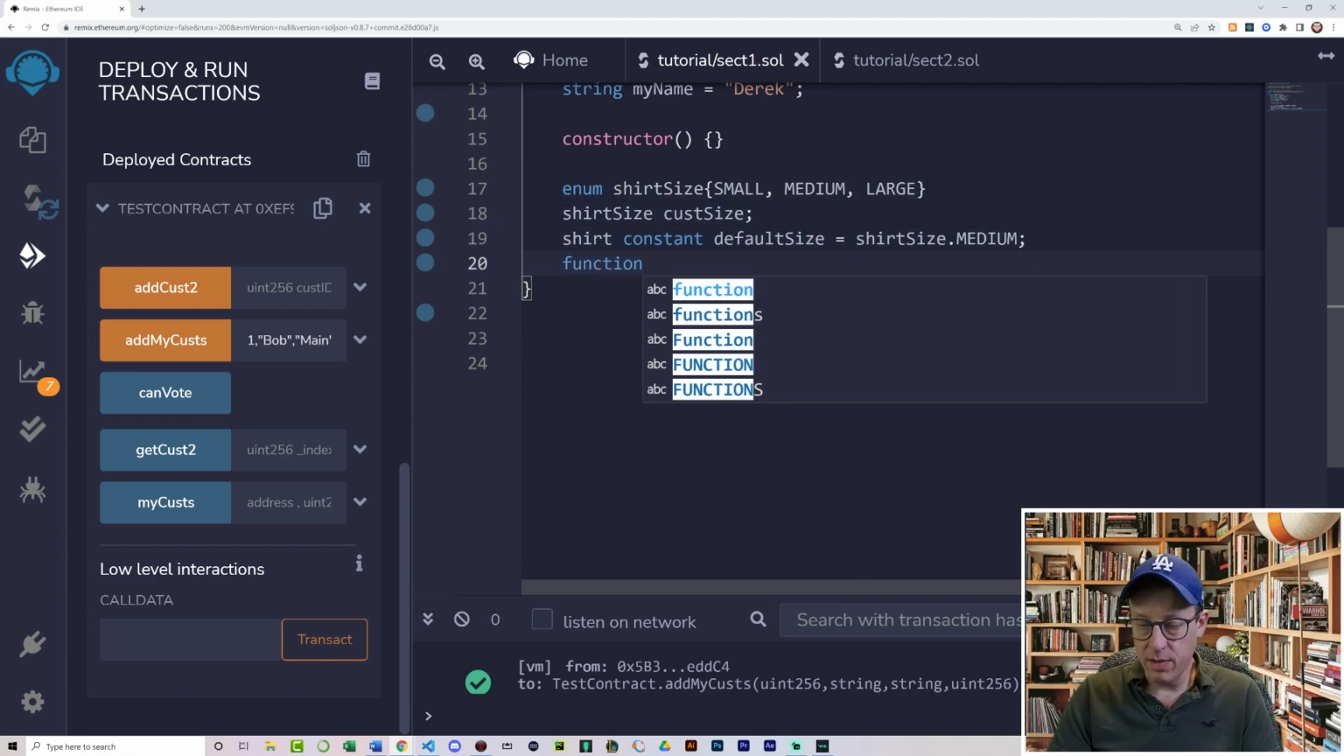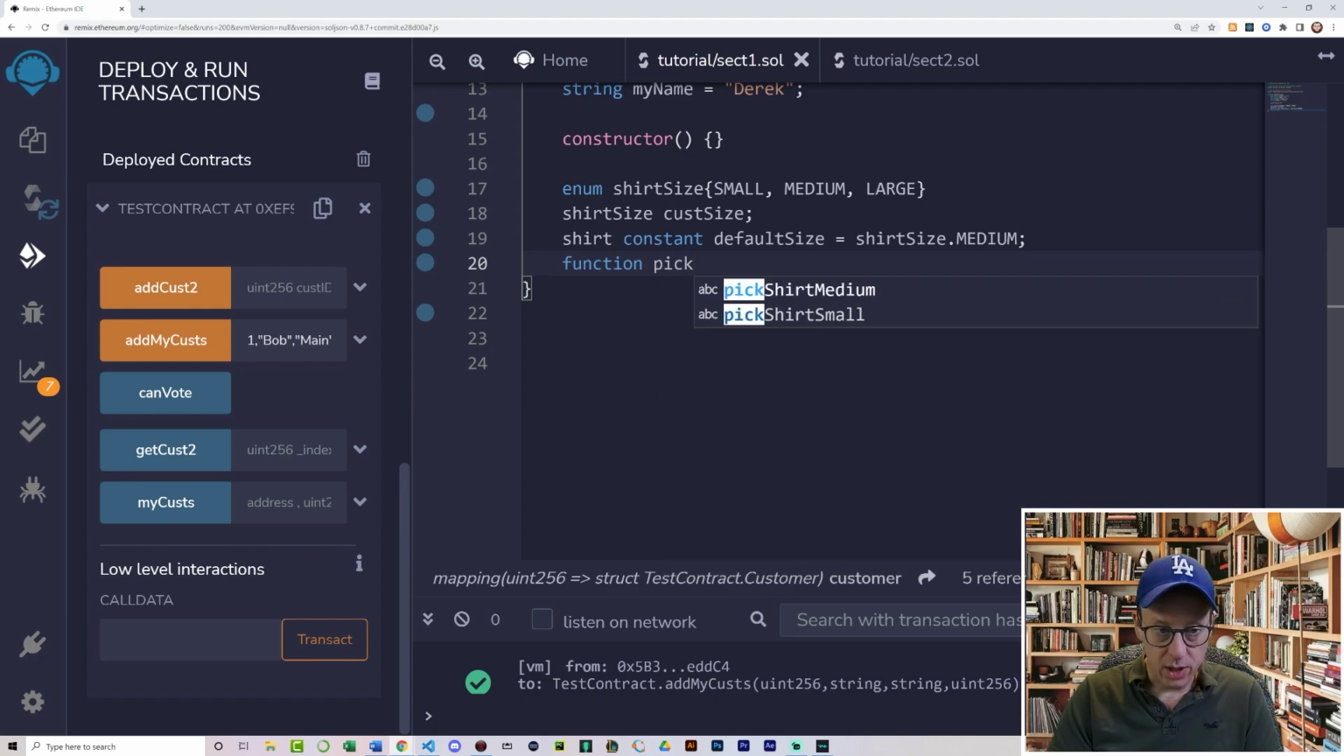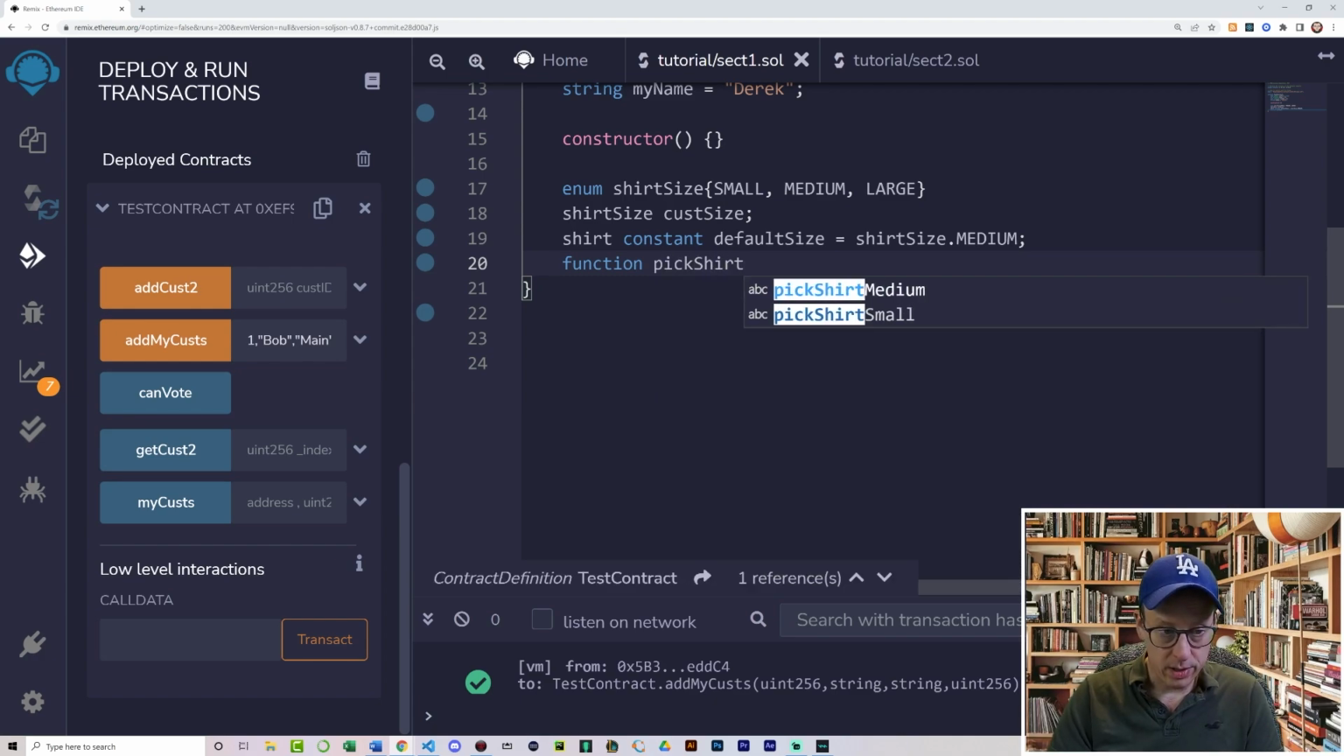Now we could create different functions inside of it, such as picking shirt small, for example. And it would be different functions that are called depending upon